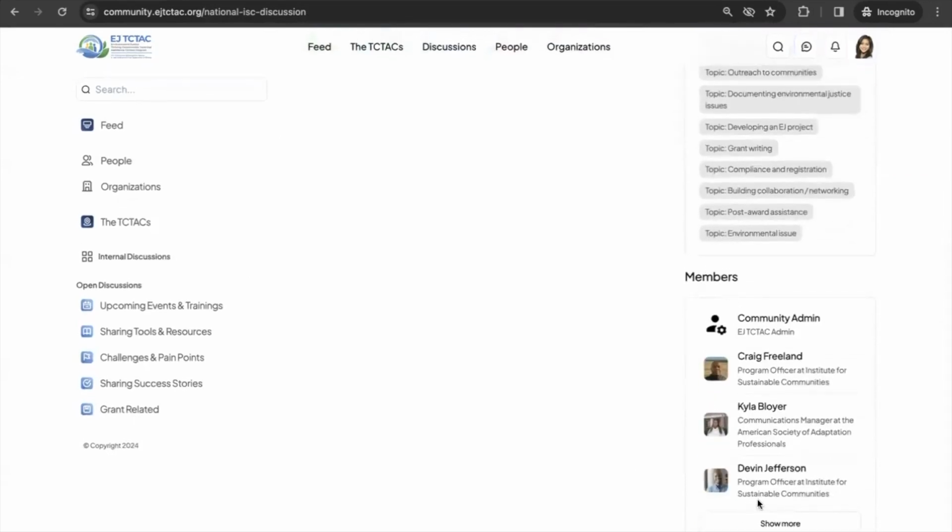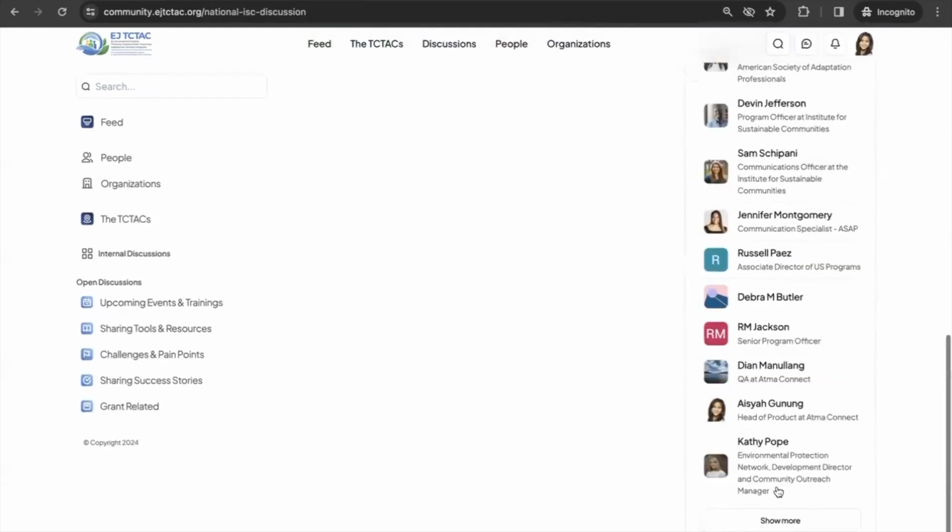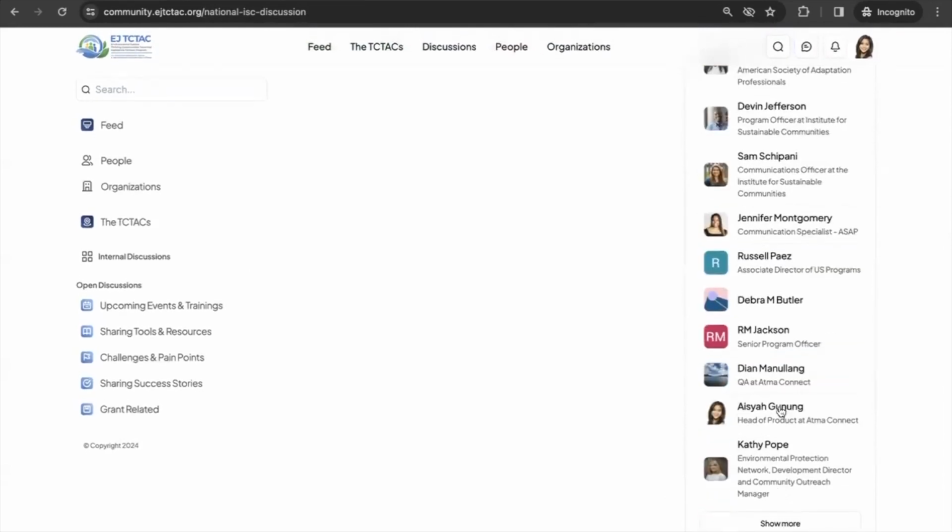Now you can see the members in this discussion space as well. And you can keep clicking more to see if you're here. And I'm already joining this